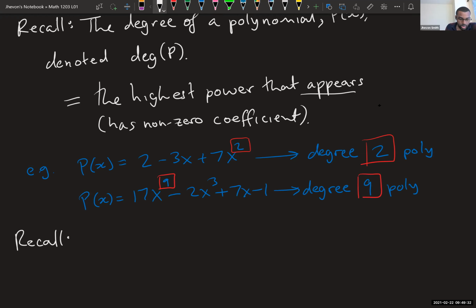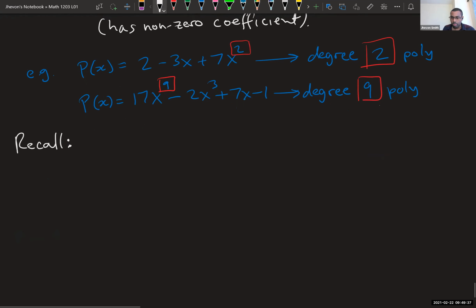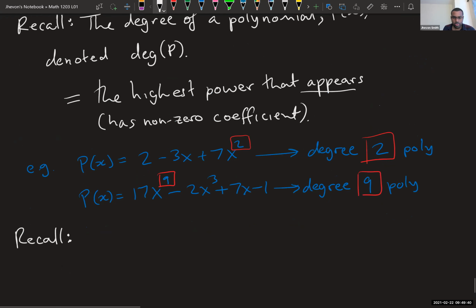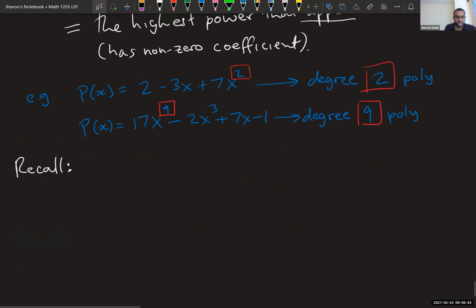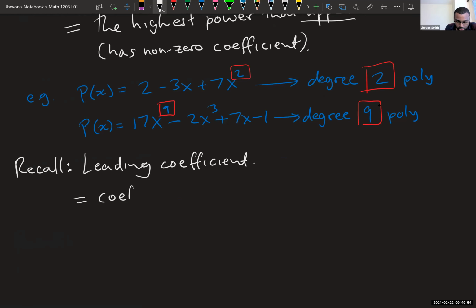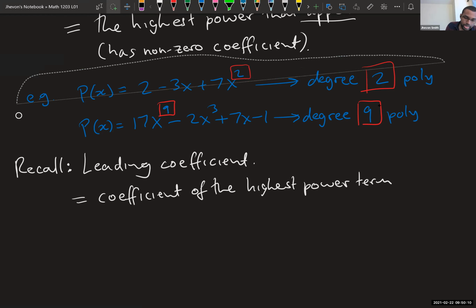Another definition, and then I'll tell you the secret special technique and let you go. But I think you need to know another phrase in order for that to make sense. So the leading coefficient, this is the coefficient of the highest power term. Okay, so if I were to use these examples here,